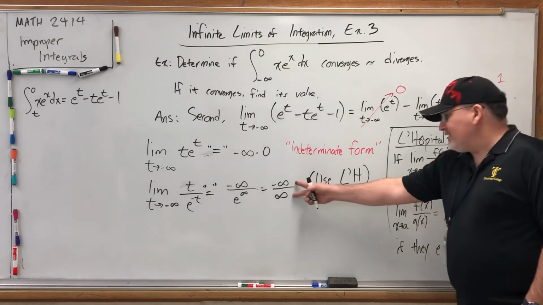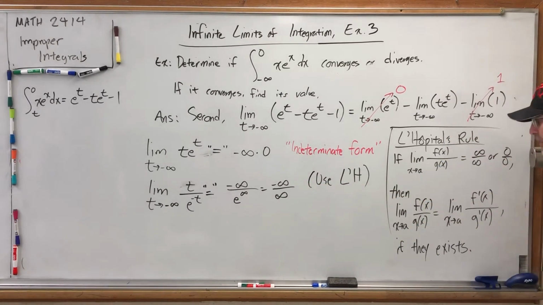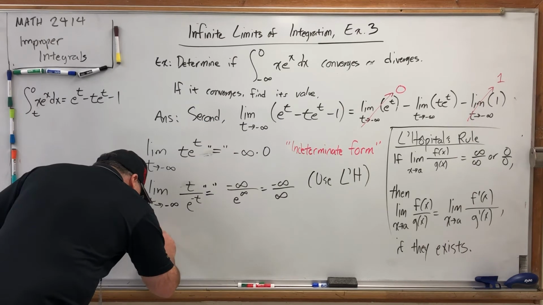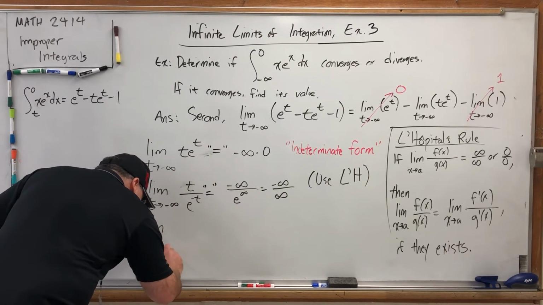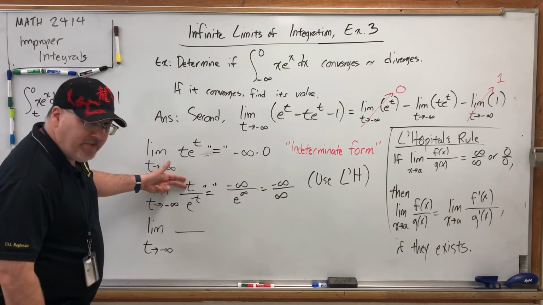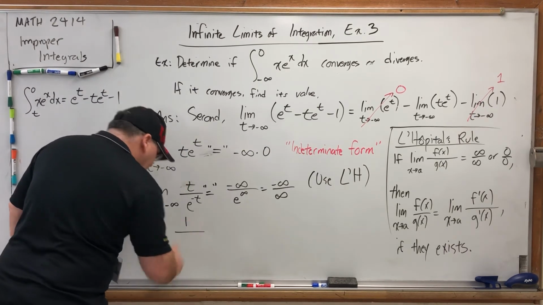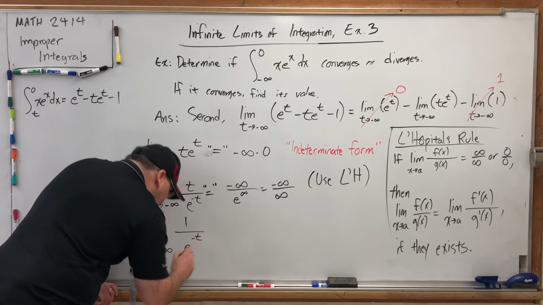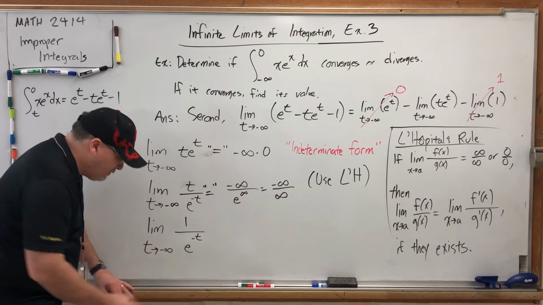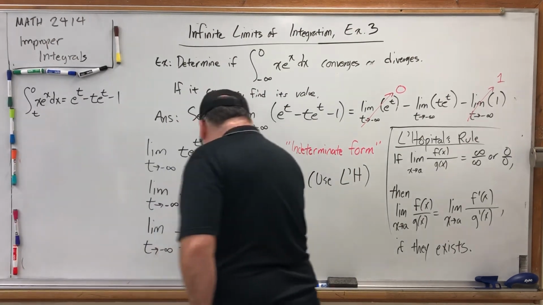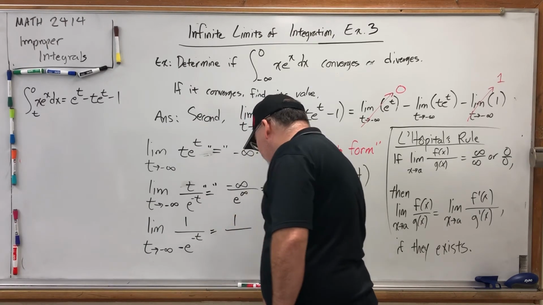Now that we've got the correct indeterminate form to use L'Hopital's rule, we can try the limit again by taking the derivative of both sides. So, limit as t approaches negative infinity, but now differentiate each side with respect to t. The derivative of t with respect to t is 1. The derivative of e to the negative t is e to the negative t, but then the chain rule says times the derivative of negative t, which is negative 1. So let's see what this does. This gives us 1 over,